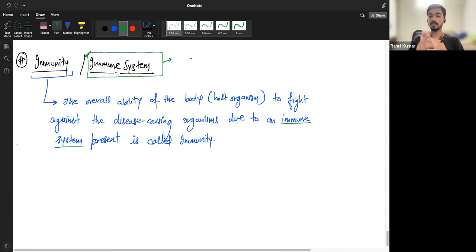So that's why they say wash your hands, sanitize your hands, and you will be safe. Starting from skin, which is the outermost layer, to cells present inside our body in the blood, they all comprise a big system known as the immune system. Even the tears, even our saliva, become a part of the physical barriers of the immune system.